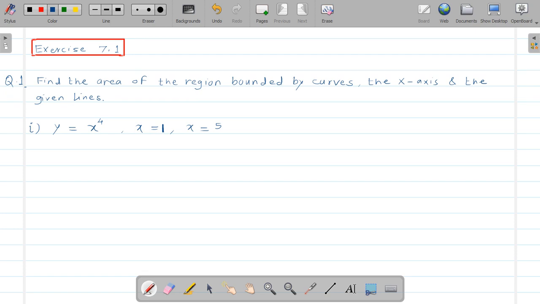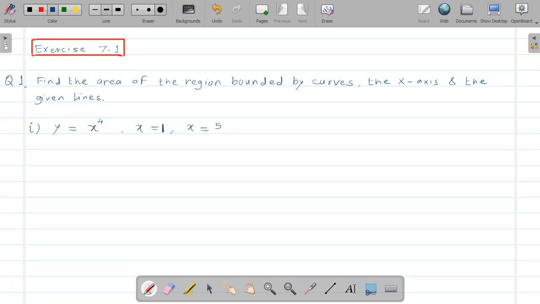Dear students, in our last lecture we discussed the applications of definite integration. In that we studied definite integration to find the area of the region bounded by a given curve. If the curve is given as y is equal to f of x and it is bounded by the x axis, then if you evaluate the integration from a to b of f of x dx, it will be the area bounded by that particular curve and the x axis.